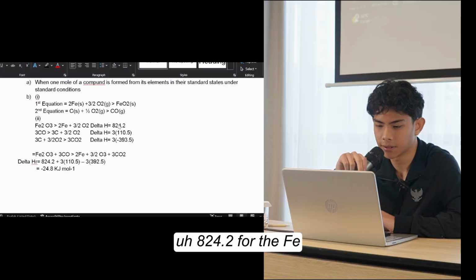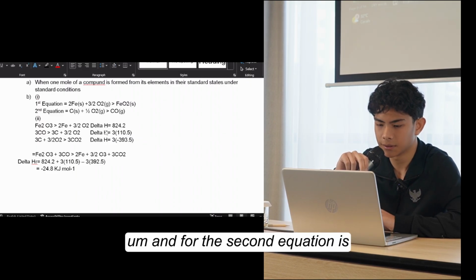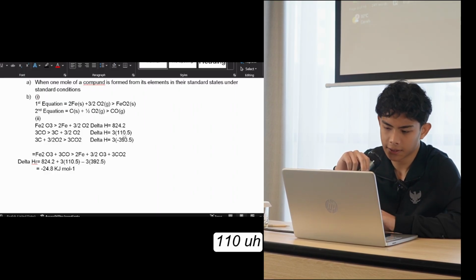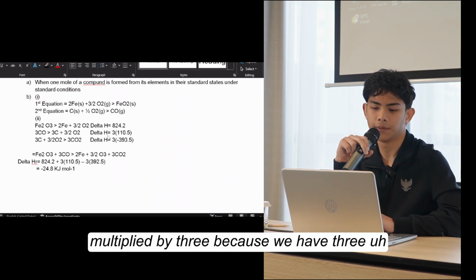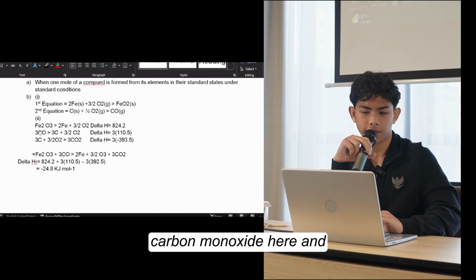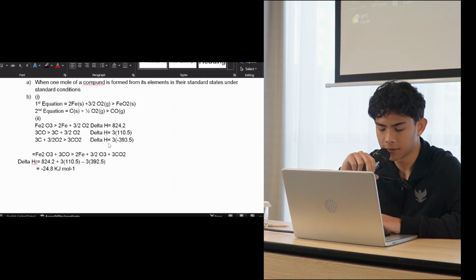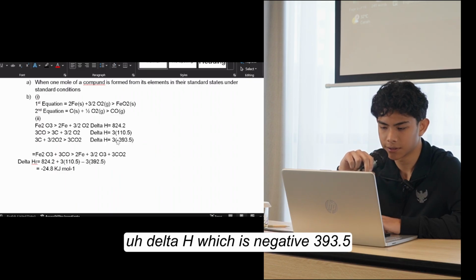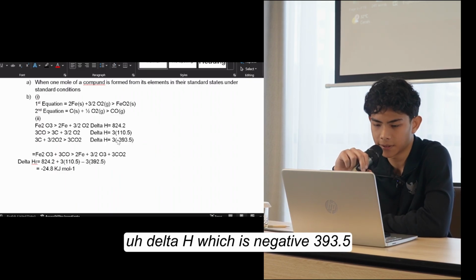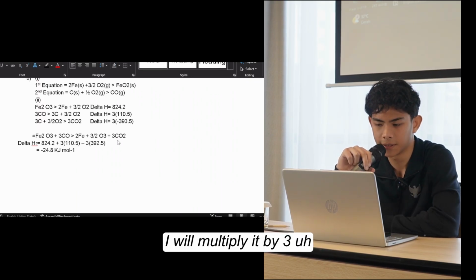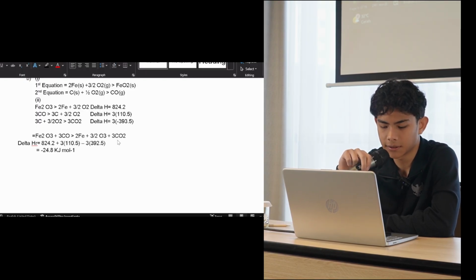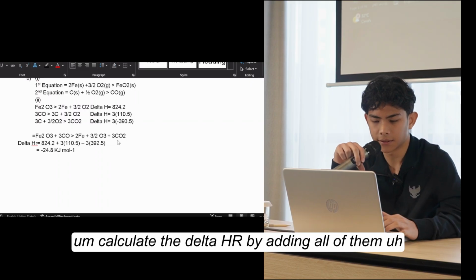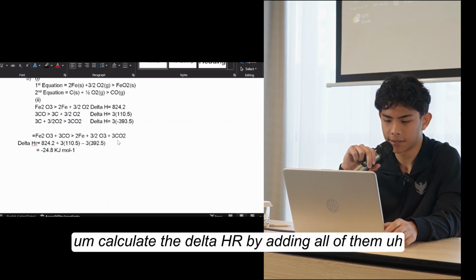824.2 for the Fe2O3, and for the second equation it is 110.5, multiplied by 3, because we have 3 carbon monoxide here, and the delta H for carbon dioxide, which is negative 393.5, and we multiply it by 3. And we calculate the delta HR by adding all of them,